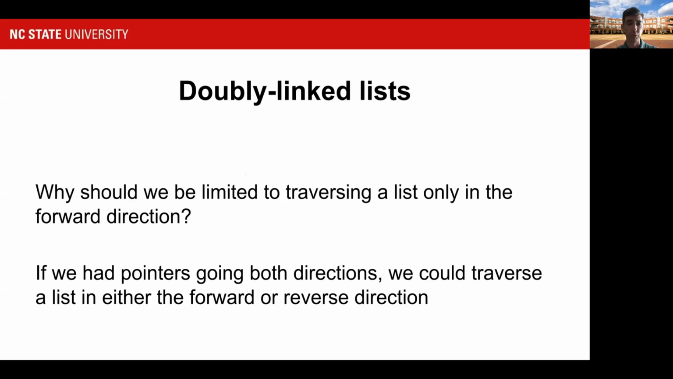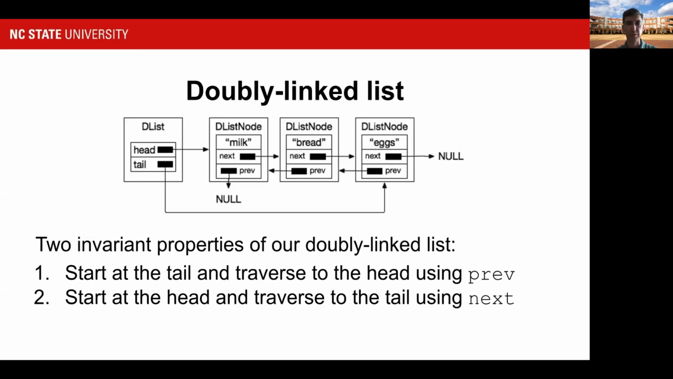Well, if we had pointers going both directions, not just forward, then we would be able to traverse a list both directions. We could go forward and then we could go backward. And so that would look something like I've drawn here on this slide. So let's